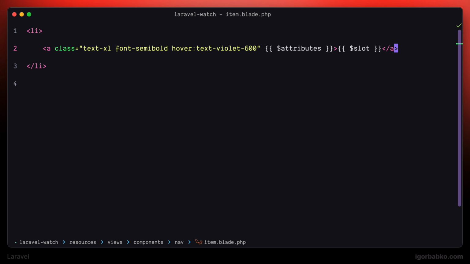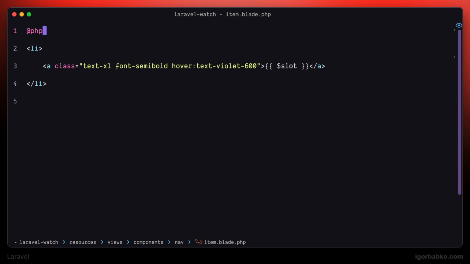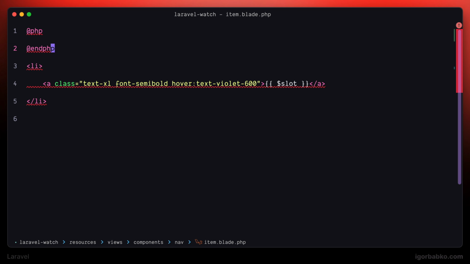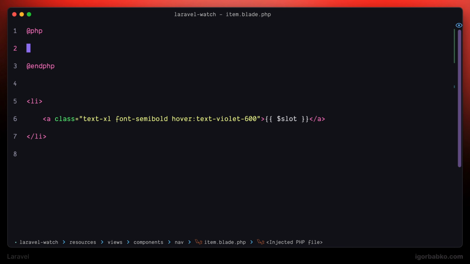And the way we're going to highlight the active nav item will be by adding an extra Tailwind CSS class, which is going to make the text of the nav item violet. First of all, let's do the following. I'm going to take this attributes object and put it in a separate PHP block right here. We're going to modify this object a little bit. It contains all the attributes that are going to be assigned to that element where we're going to use this